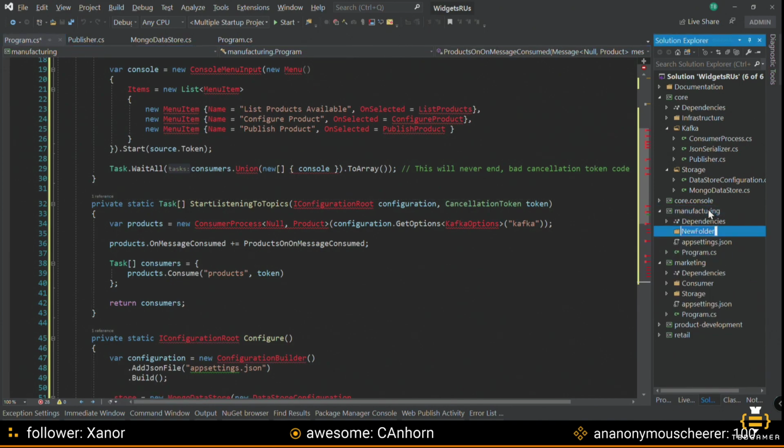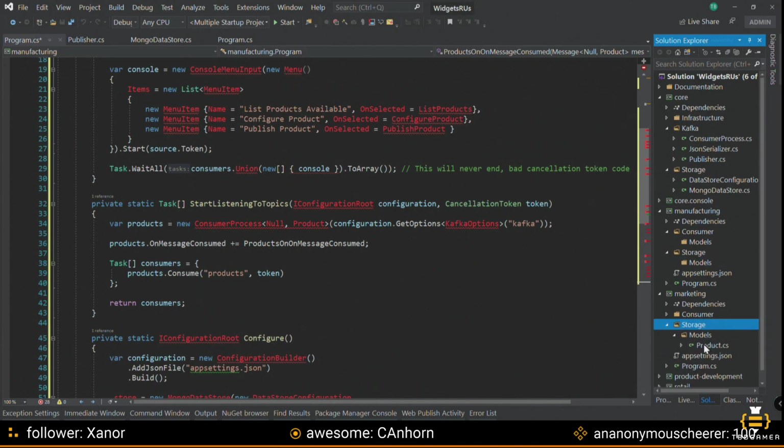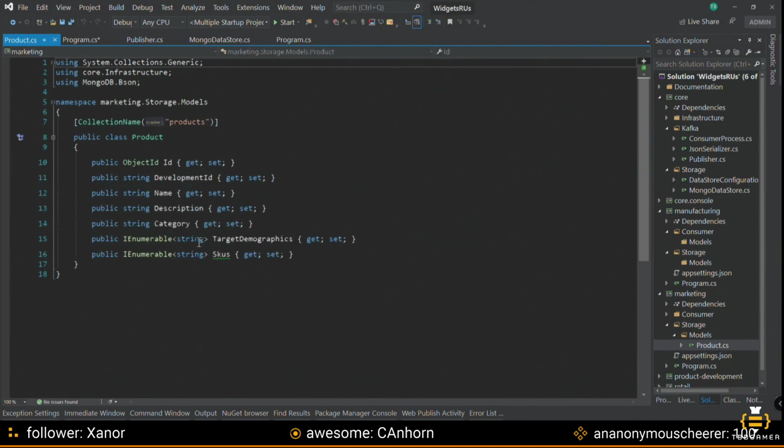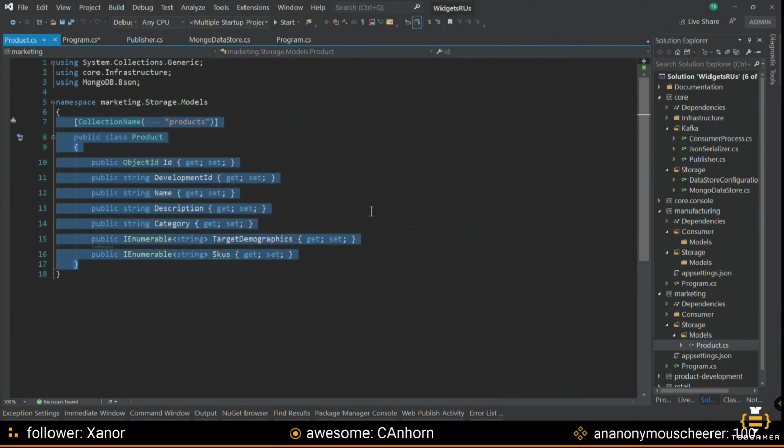We need consumer product models, storage models. So the object stored in storage here in products, right, is now going to become my consumed model here,